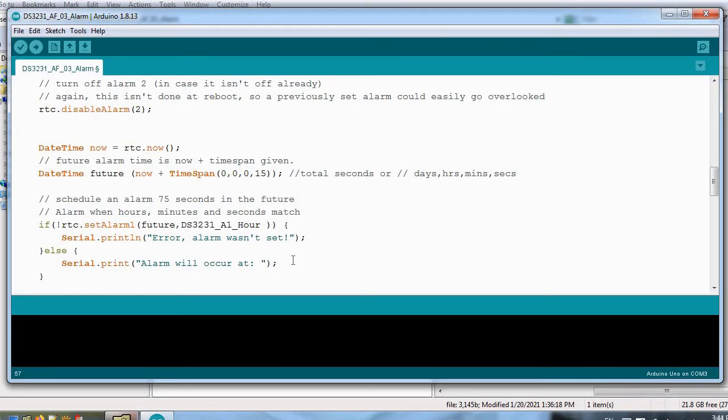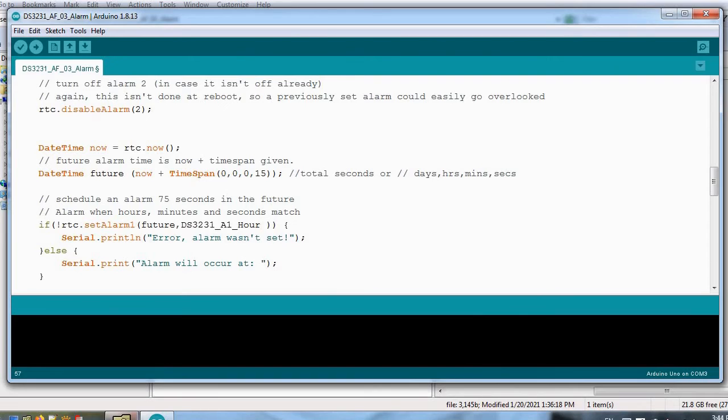This time span can be total seconds, one number which is total seconds, or it can be 4 numbers, x comma y comma z comma something. So this is days, hours, minutes, seconds. Okay. You give your time span.